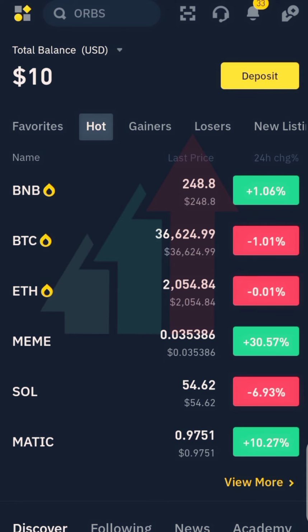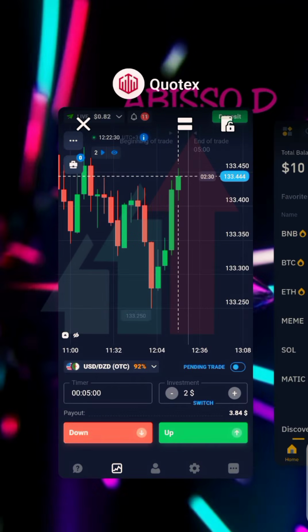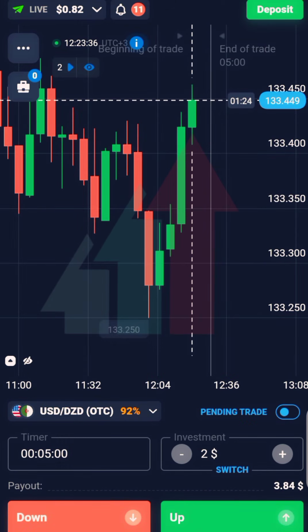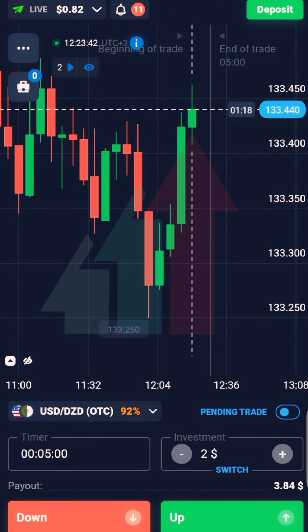So now we have money in our Binance account. Now we want to deposit it to Quotex. So now we go back to Quotex. Then we go to the deposit button. We click that deposit button at the right top there. You click on it, then